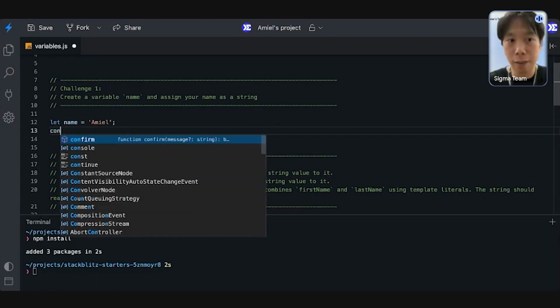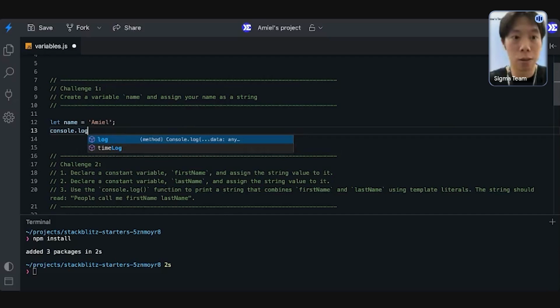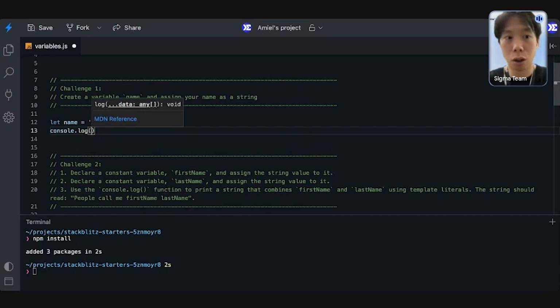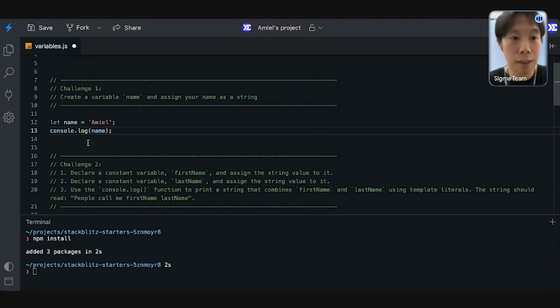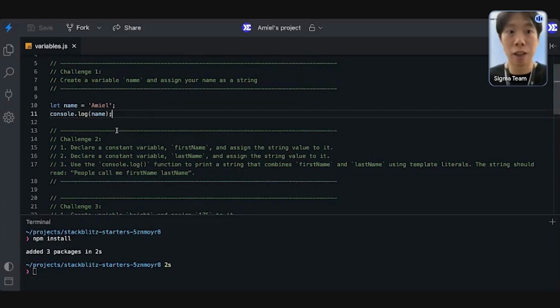And how do we test if that works? You basically go and type in console.log parentheses, and you want to add the variable name. So you can see here, if I'm calling a variable, it would have the same color. And when I double click it, it would actually highlight everything that has the same keyword. So to test if I've actually done it correctly, I want you to go and click save.